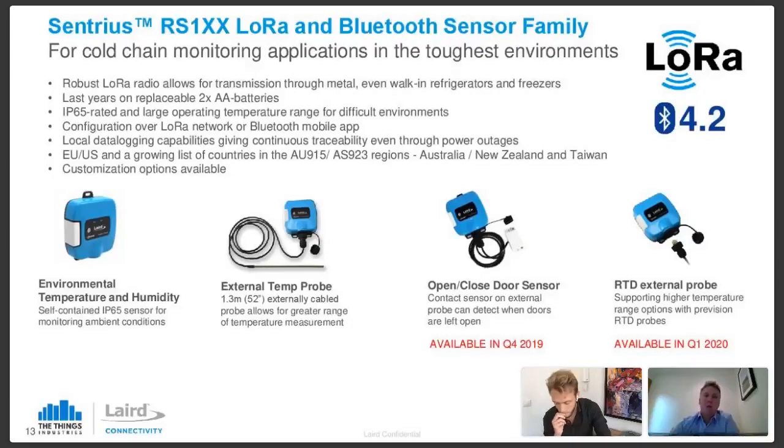You can also do firmware upgrades over the same BLE mobile apps that are provided for both Android and iOS. Inside of the device, there's a fail-safe mode for data logging in case, for example, power goes out at the store or you lose your internet connectivity for whatever reason. The temperature and humidity sensors can still be logging data, up to around 10,000 readings depending on the configuration. And then when the network connectivity comes back, it enables you to pull that data from those devices